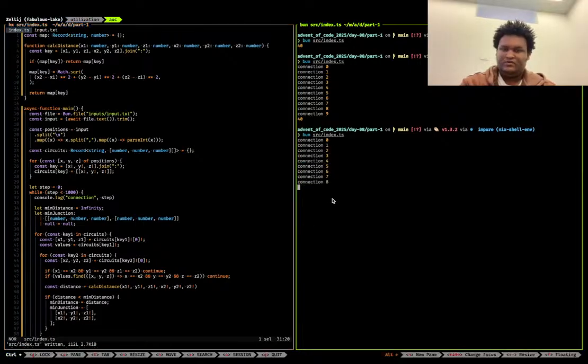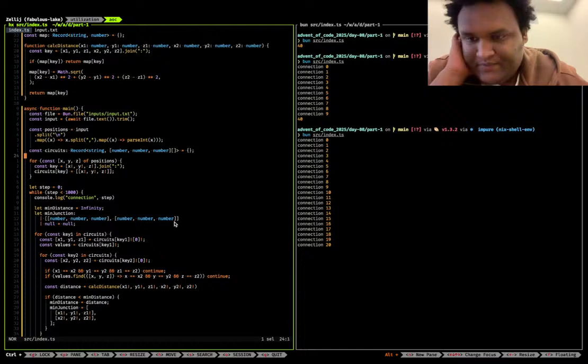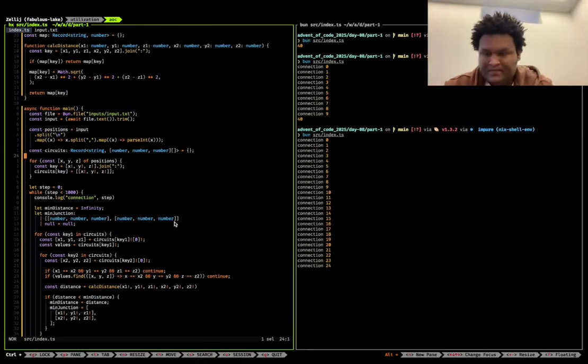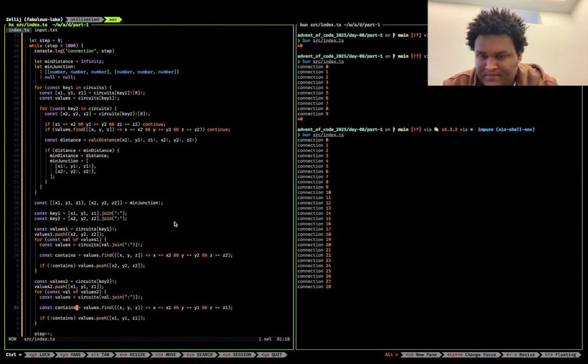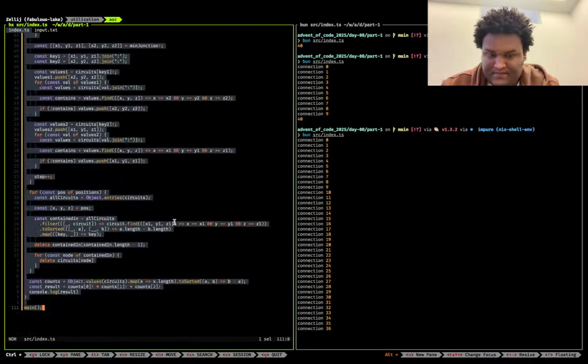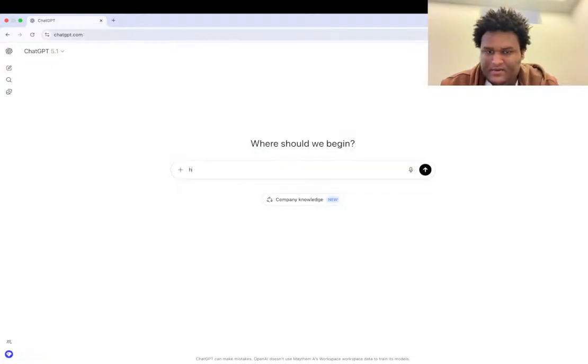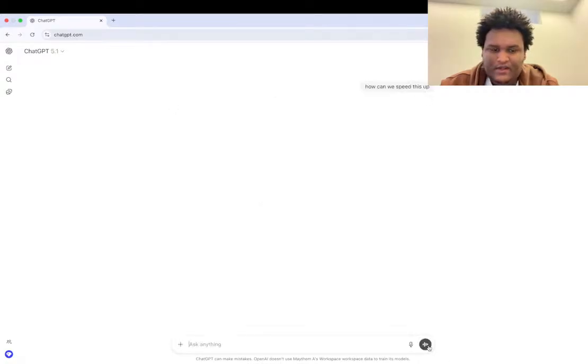That's way too slow. 1000 elements like that. How can we speed this up? And the issue is we can't even quickly iterate on this because